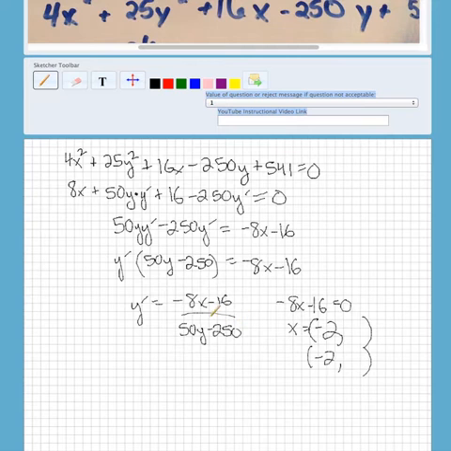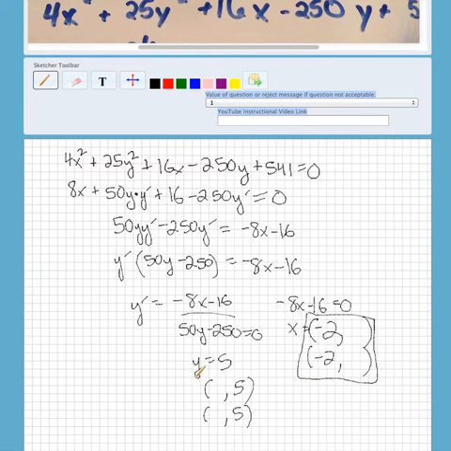Now for the bottom, to see where the slope is vertical, in other words where the vertical tangent lines are, you set the bottom equal to 0. If you set the bottom equal to 0, you'll get y equals 5. Then you'll plug in 5 for y into the original formula here, and you'll get two x values. So you'll have these 2 points for the horizontal tangent lines, and these 2